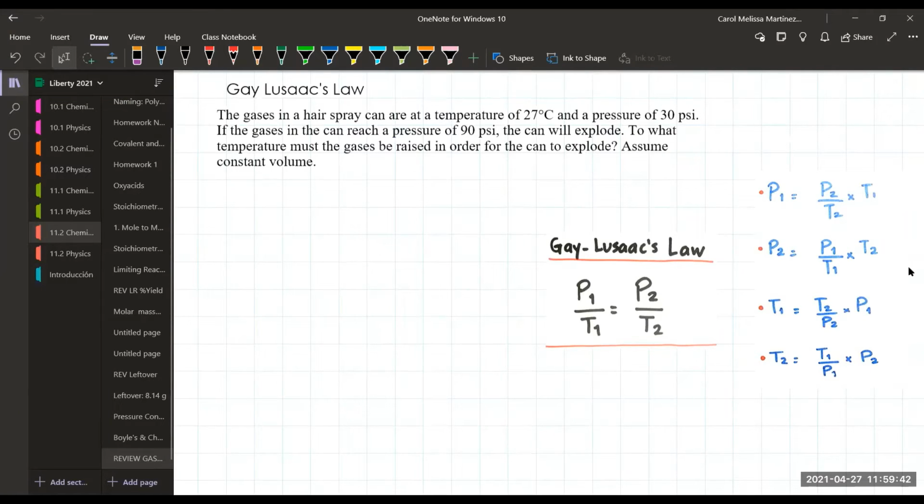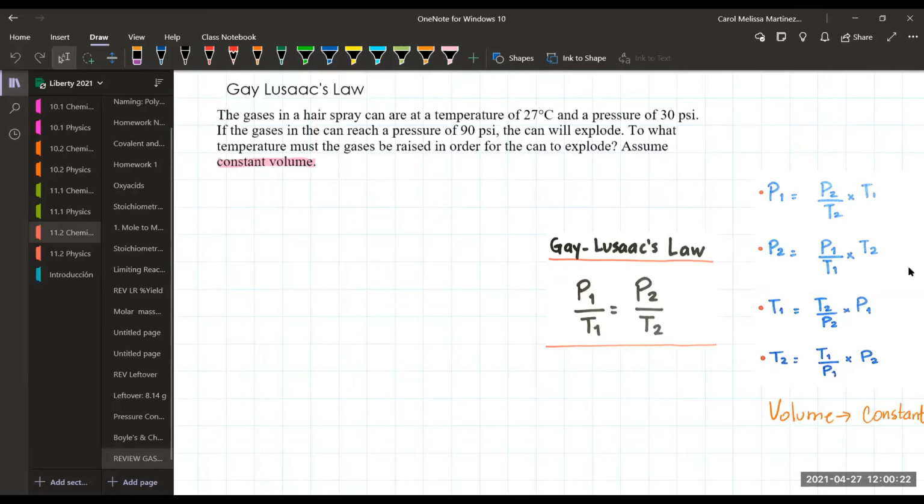How do we recognize Gay-Lussac's law? For this law, we're going to have constant volume. This keyword, constant volume, is the key to know if we have to apply Gay-Lussac's law. Therefore, in all the isolations, volume is not going to be involved. So for this problem, we have,